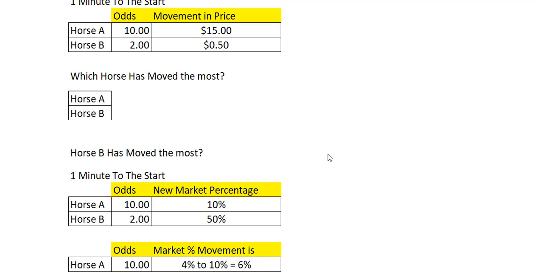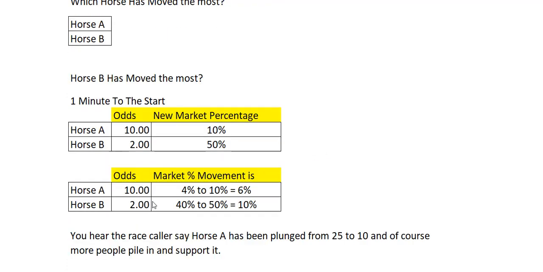With 1 minute to the start, horse A's odds now at $10 or £10 is 10% of the market. That's its market percentage. But horse B at $2 now is 50% of the horse market. So if we look at here,